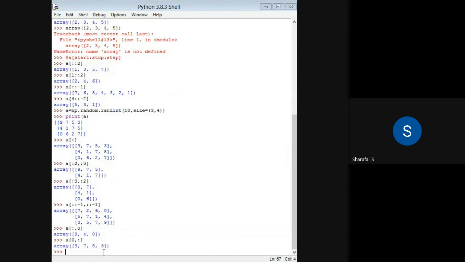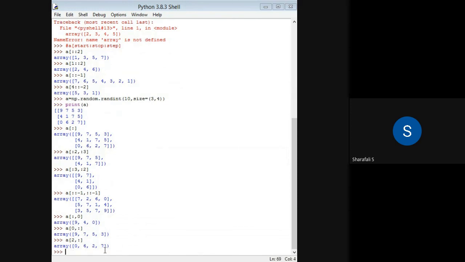Then I will get the first row, that is 9 7 5 3. You can see that. And if you want the second or third row, for example, I can just put 2 here, and then I will get the third row. You see that here. In this way, you can access a particular row or column in a multi-dimensional array.